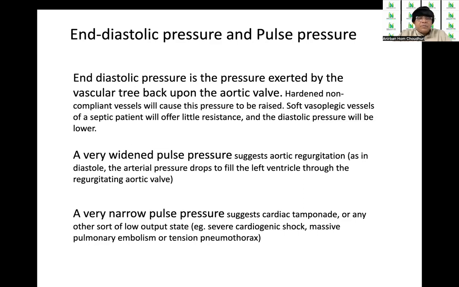A widened pulse pressure suggests aortic regurgitation, as in diastole, the arterial pressure drops to fill the left ventricle through the regurgitating aortic valve. And a narrow pulse pressure suggests cardiac tamponade or any other cause of low output state like cardiogenic shock, massive embolism, tension pneumothorax, etc. So this diastolic pressure and pulse pressure also give clues to the important underlying conditions that the patient is